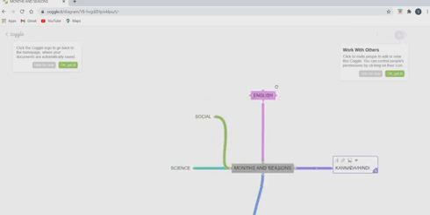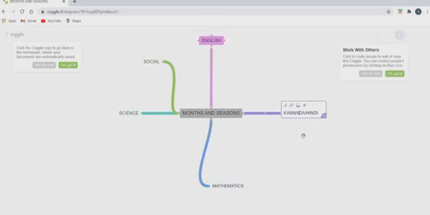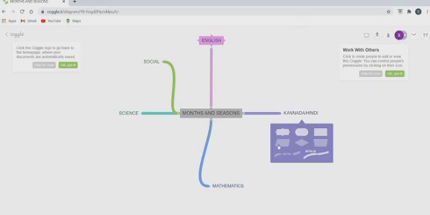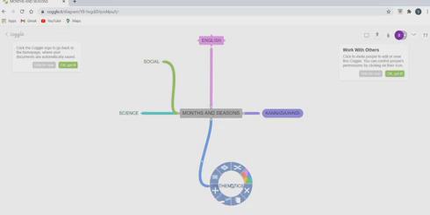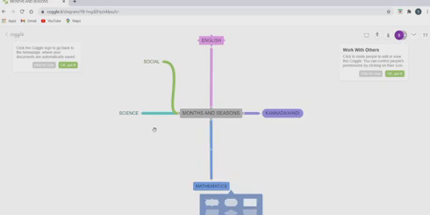Do the right click. Take your cursor, do the right click, then choose shape. Again, right click, choose shape. Then you have to select any one shape.